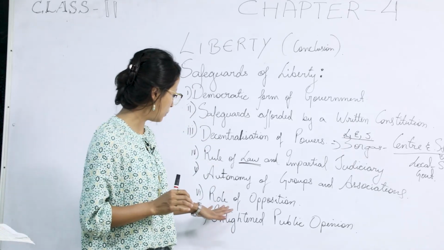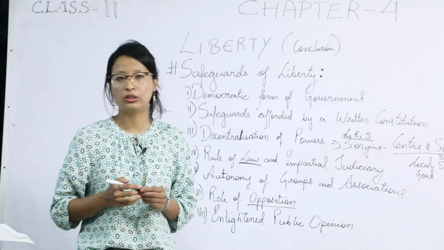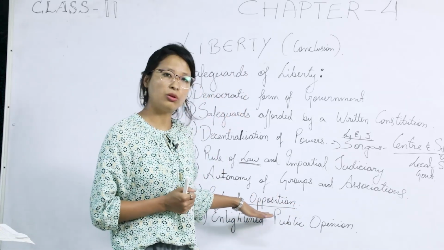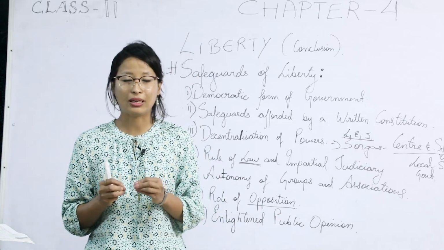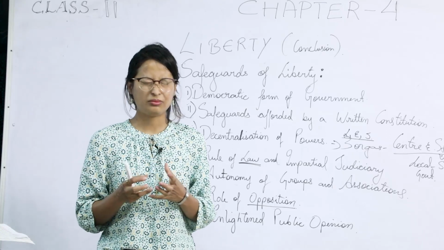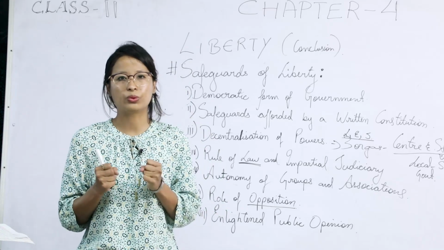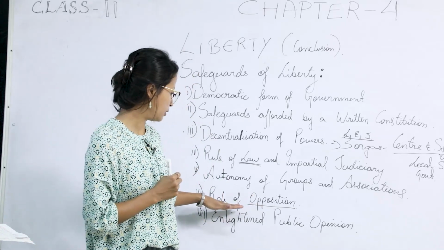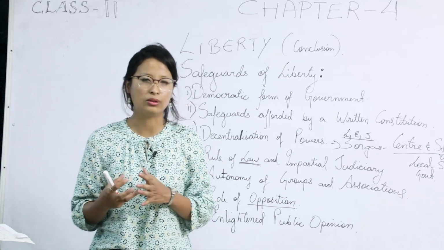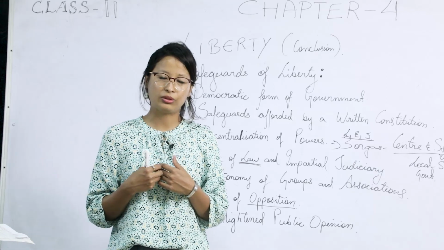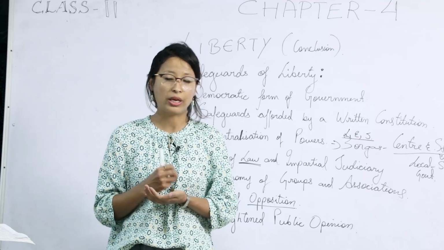Now, point number 6, we have role of opposition. The role of opposition is very important in a democratic setup, because it is the opposition which makes the legislature or the ruling party active, or more present in the function of the government. It makes them stand on their toes. In other words, people also say that the opposition plays the role of a watchdog in the assemblies, in the state assemblies also, or even in the central legislature, that is the Lok Sabha and the Rajya Sabha.